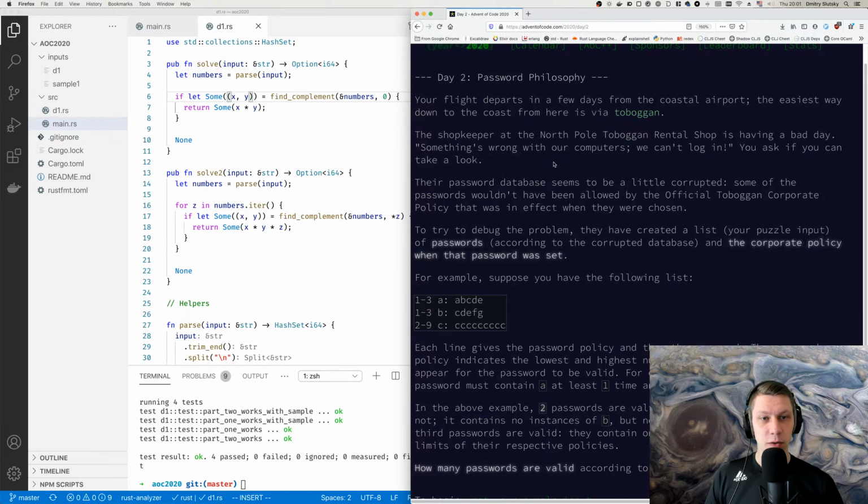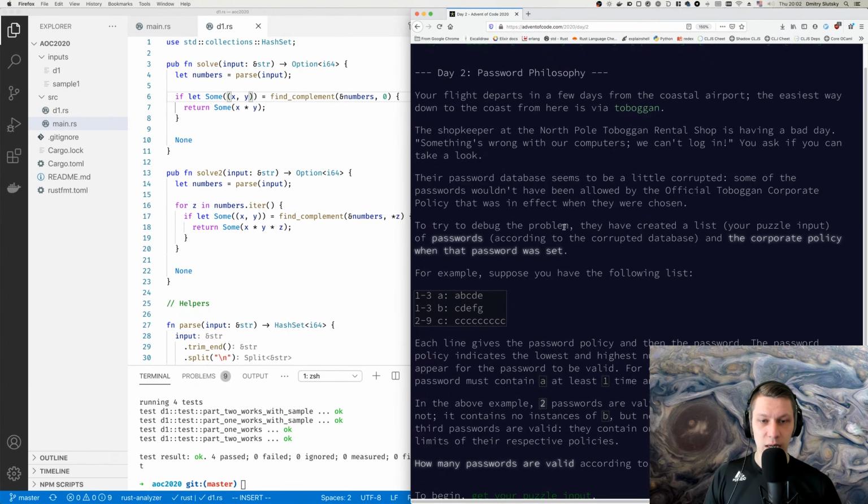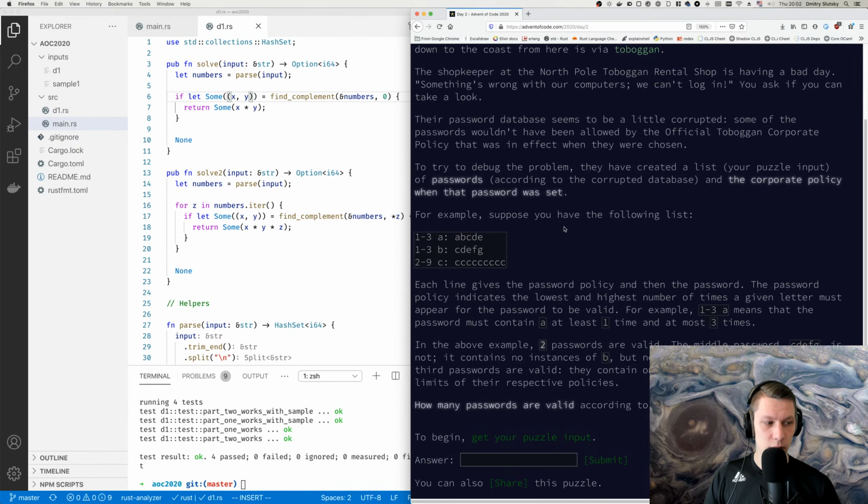The shopkeeper at the North Pole toboggan rental shop is having a bad day. Something's wrong with our computers. We can't log in. You ask if we can take a look. The password database seems to be a little corrupted. Some of the passwords wouldn't have been allowed by the official toboggan corporate policy that was in effect when they were chosen. To try to debug the problem, they have created a list, your puzzle input, of passwords according to the corrupted database and the corporate policy when that password was set. For example, suppose you have the following list: